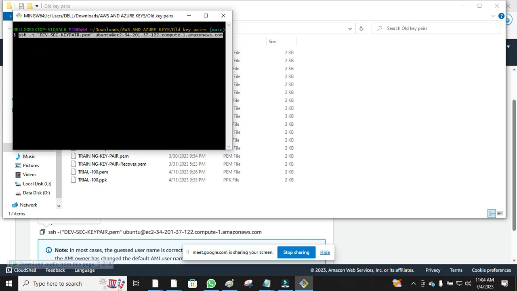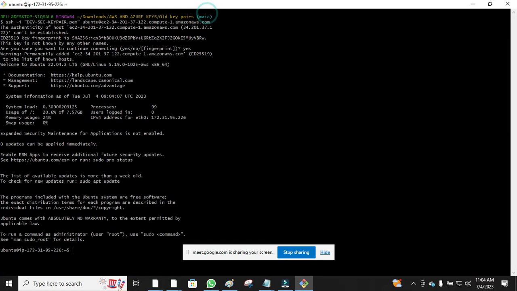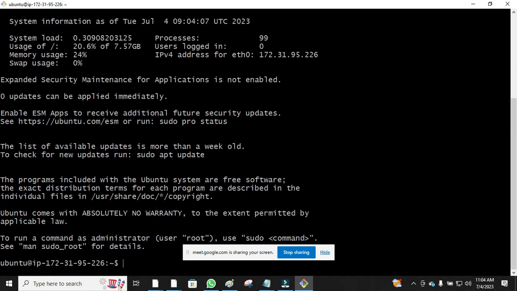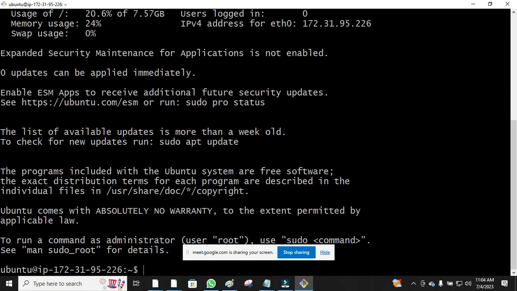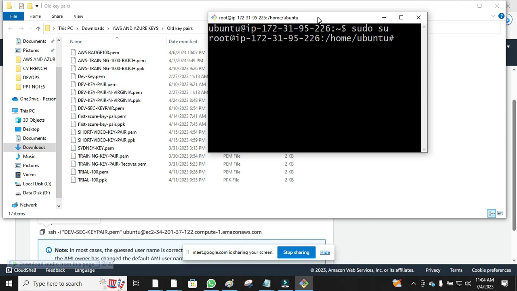All right. To zoom like this, you simply press Ctrl and press the plus button on your keyboard. Okay, I would like to be the super user. All right, now we have linked into our